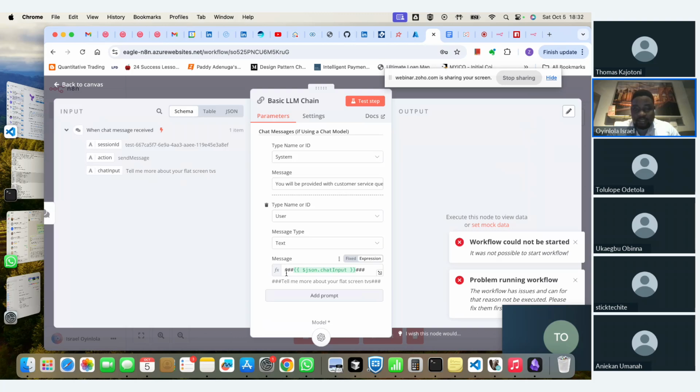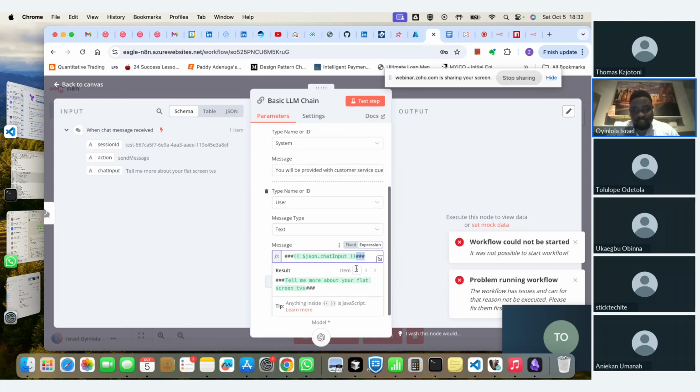And then the user message, I dragged it from here, so you can easily drag and drop, right? I dragged the user message from here. This came from the previous node, which is an input to the second node, right? So I dragged it and I surrounded it with 3 hashes, as I told it I would do. That's all I've done here, right? And then the result is, tell me more about your flat screen TV, because that's what I put in the chat,